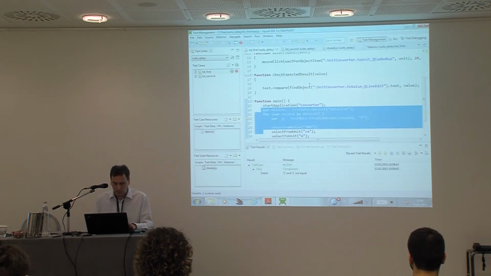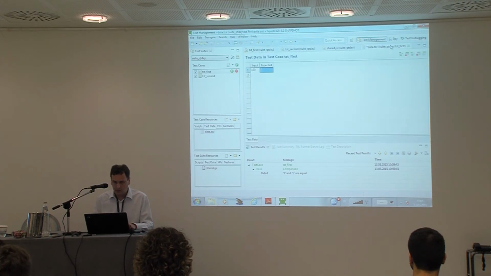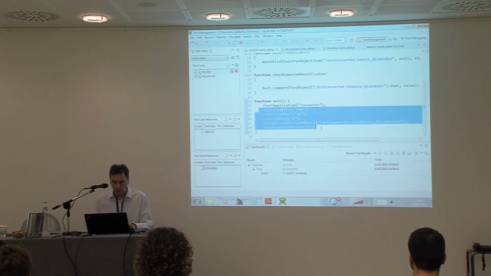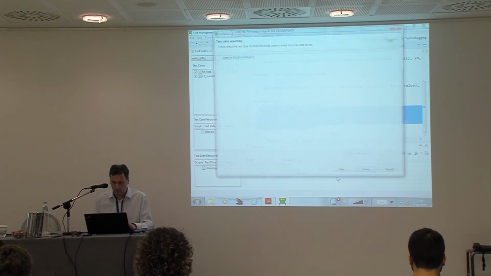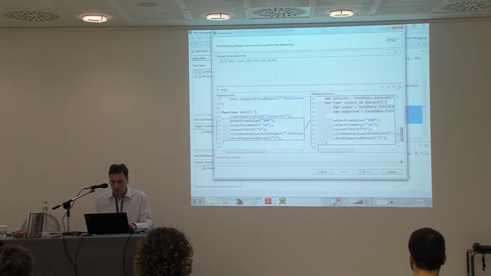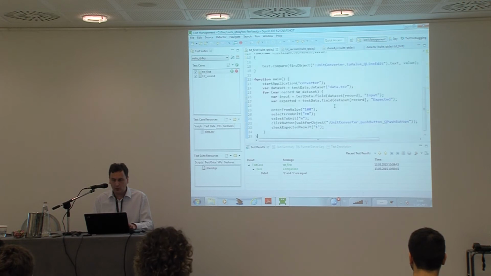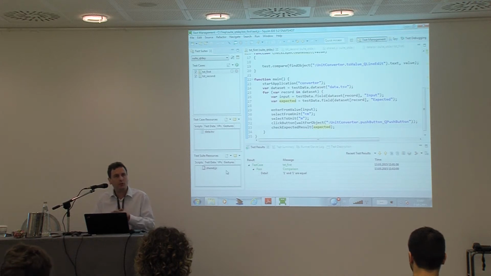Oh, sorry, I forgot to save this. Let me do that again. So I will turn that into data-driven code. And you see there's a simple loop, and in each language it will look a tiny bit different. But I will now use those parameters here, and I have abstracted away the test data from the script logic. Still doing the same as before, but imagine that some department of your company now comes up with